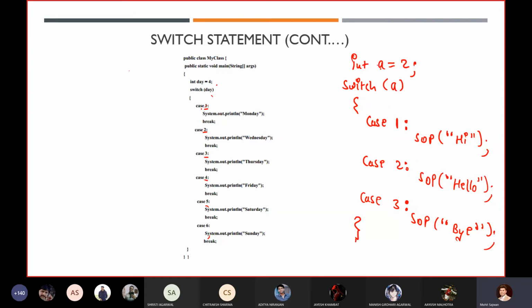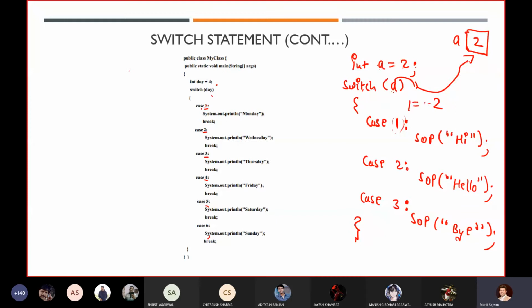First of all, it will take the variable a equals 2 and assign it inside memory. Then inside switch, I am passing a, so my switch will take the value of a, which is 2. Now this 2 is going to be matched with my cases, whatever expressions or literals I have passed.